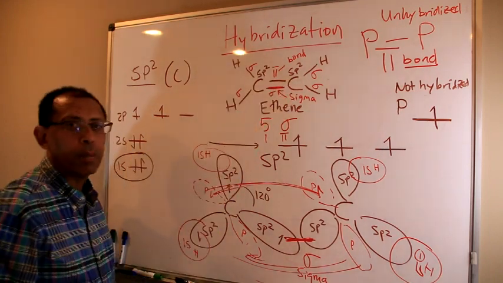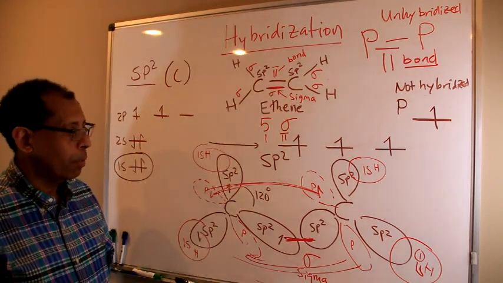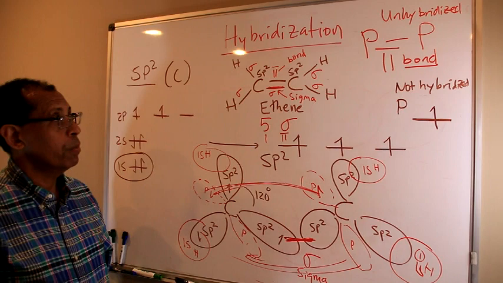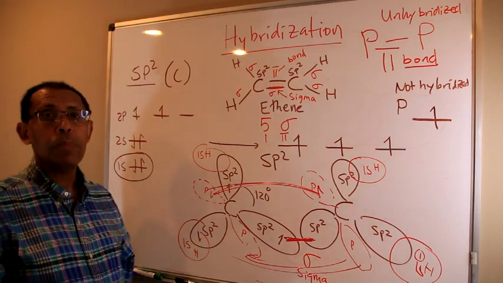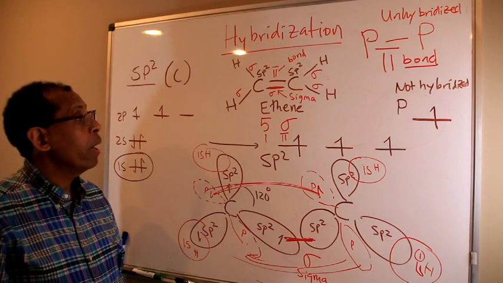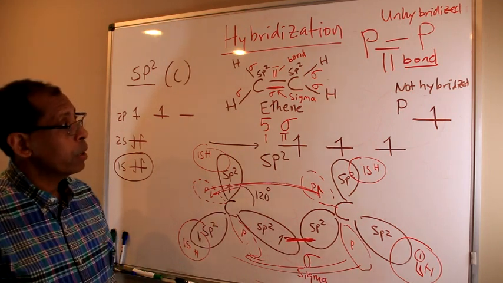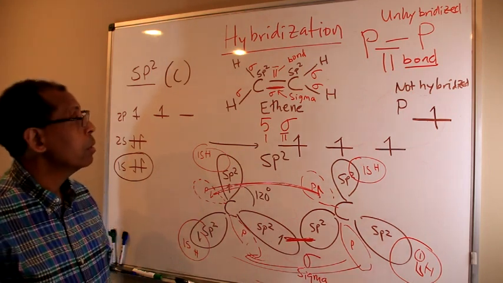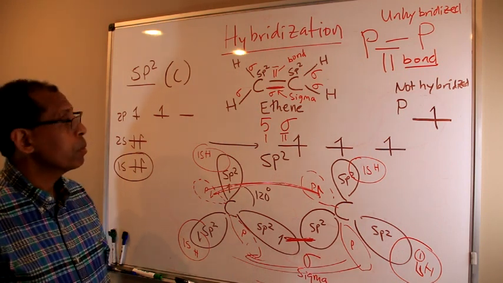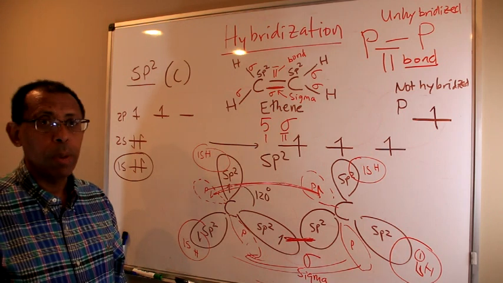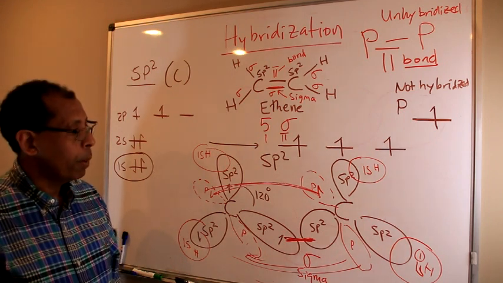There are 5 sigma bonds and 1 pi bond. I want you to review this. In the next section, I'll show you sp hybridization and demonstrate with an organic compound